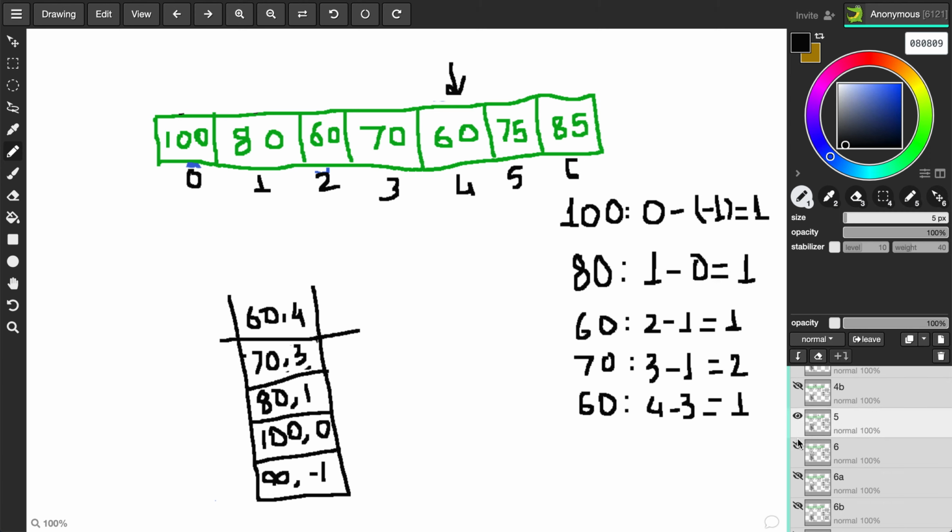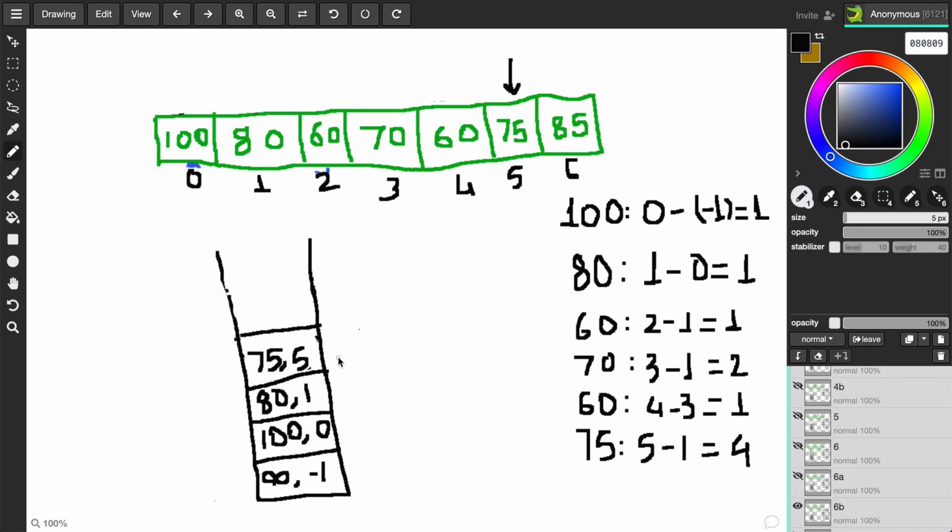So now the next index is the sixth element. To get the sixth element, we compare it with the top element, and then we see that this is bigger, so we need to pop 60 out as well as 70, which we would see in the subsequent slides. So first we pop out 60, we would still compare with 70, it is still bigger than the top element, so we would pop this one as well, and we are going to get 75 on top of the stack because it's now smaller than the top element. So the answer for 75 would be the current index minus the stack's top index, which would give us 4.